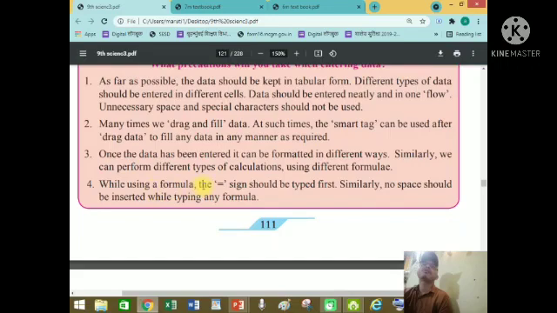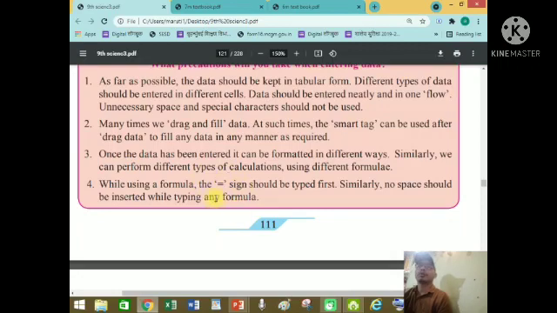While using a formula, the equal to sign should be typed first. Similarly, no space should be inserted while typing any formula. See this. This is an important and basic rule of entering data into Excel, entering formula into Excel.